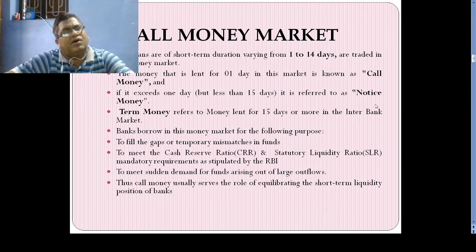And always, in the call money market, I have already stated that it is 14 days. In previous classes I have always focused on the 14 days. It means it varies from 1 day to 14 days, generally traded. But if you go through in detail, you may call it 364 days or 365 days. Means the bank borrows in the money market for different purposes: for temporary mismatch in the funds,